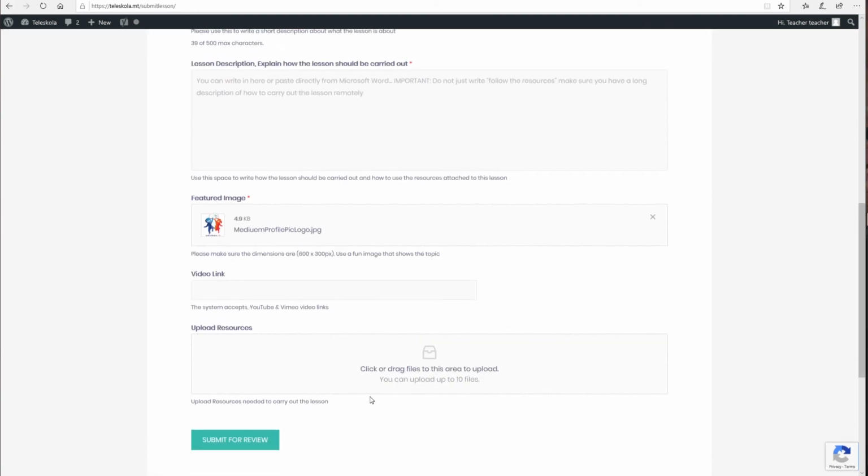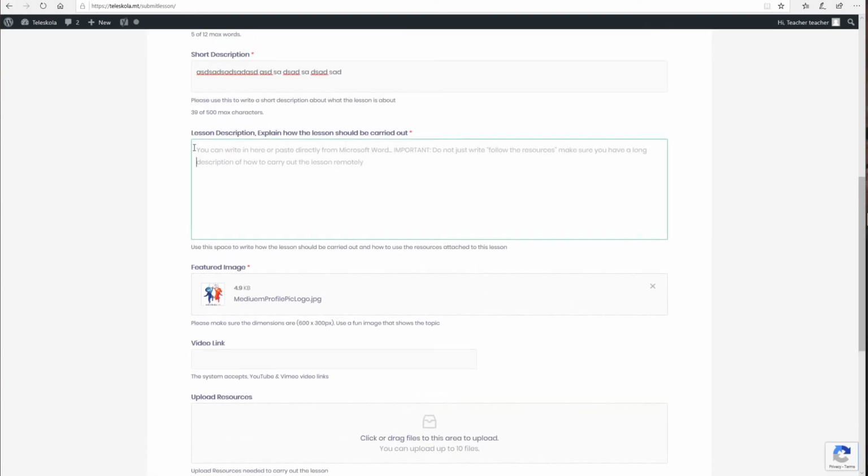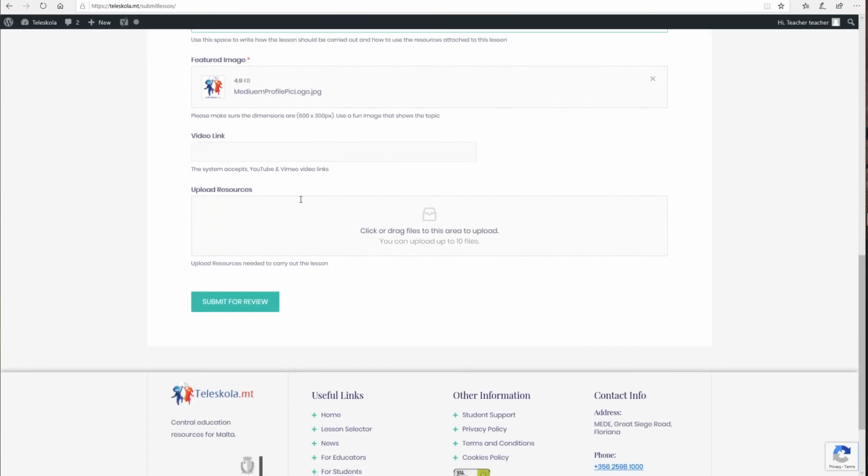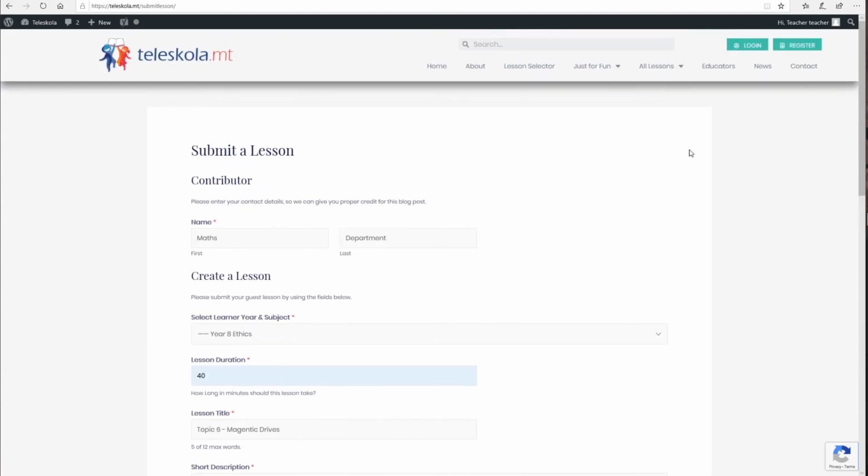Please make sure that any resources which are uploaded are referenced in your lesson description, so that students, parents, guardians who are actually carrying out or helping the student to carry out this lesson actually have a reference on when and how to use the resources as part of the lesson. You just click submit for review, and then you email the education officer, which is in charge of your subject,